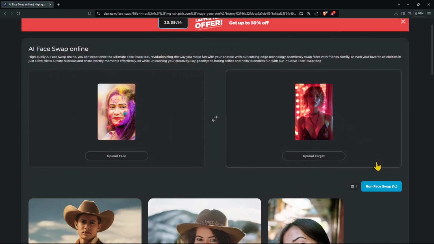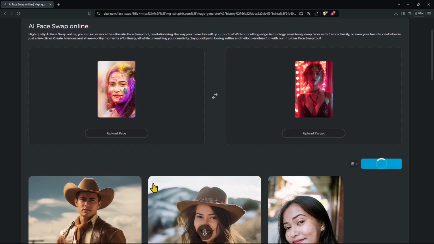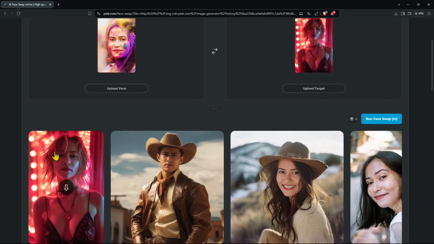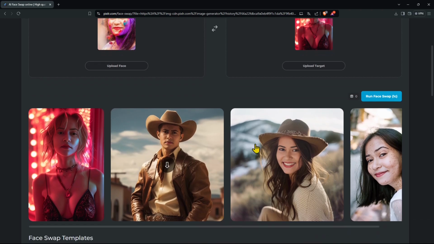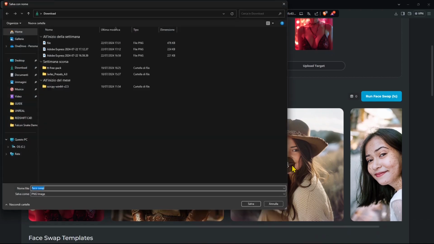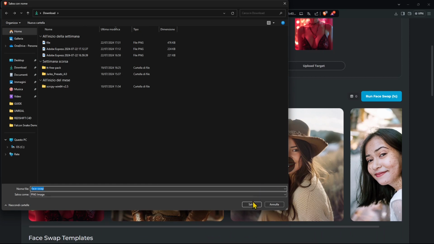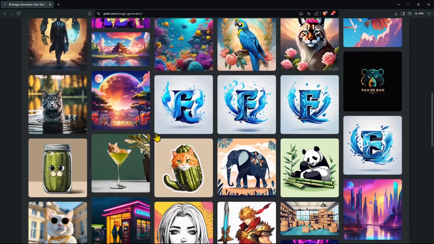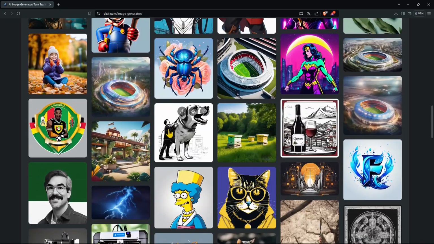So let's try this one hand. Again, run the face swap. And it should appear down here. So these are all my swaps that I have been doing. And there you go. So you can see it definitely works. It takes that face and just applies it to the picture, and it changes radically. So you can see all these are looking pretty similar. So if I then want this, I can just click on download, just save it again in my downloads folder. So generative AI tools are really working great here in Pixlr,